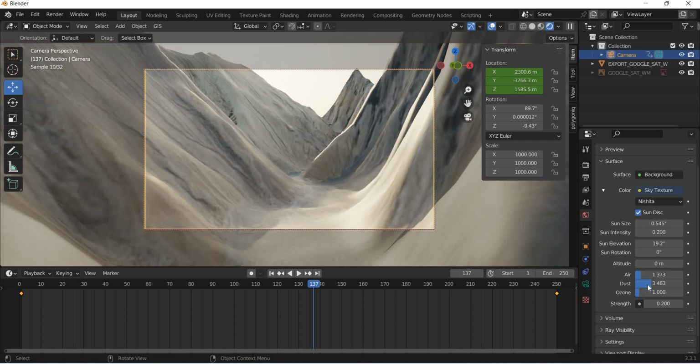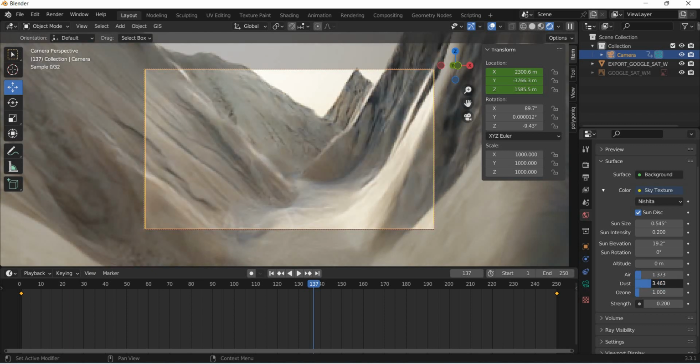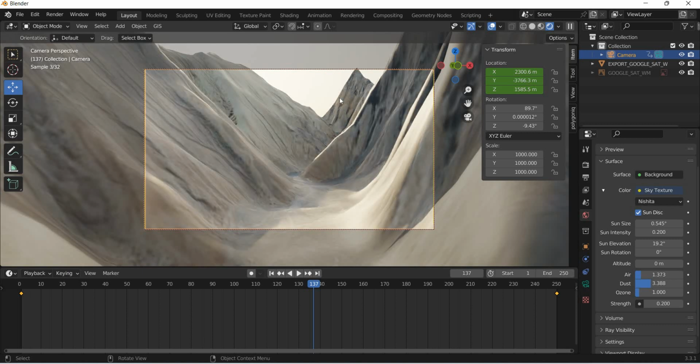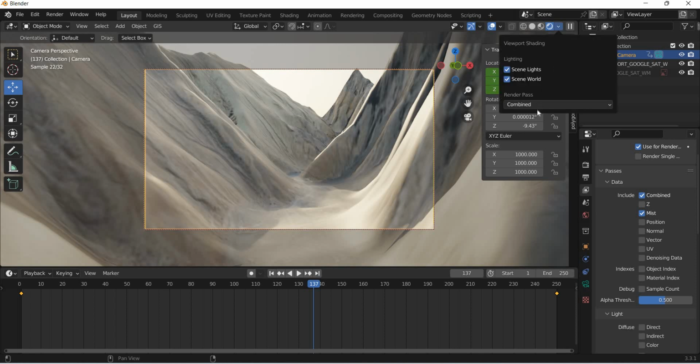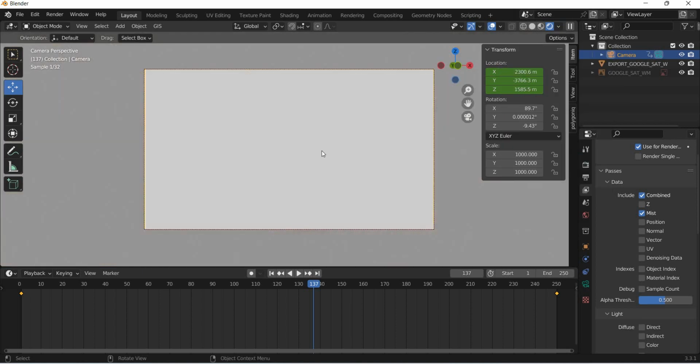All right, now that the light is set up, we need to create some mist. So to add mist and to add depth to the mountain, you can see that this mountain is far away but still very clear as the areas in the front. So we need to make this blurry. To do that, we will have to go to layers and turn the mist on. All right, now once the mist is on, if you go here and then render passes, we look at the mist,